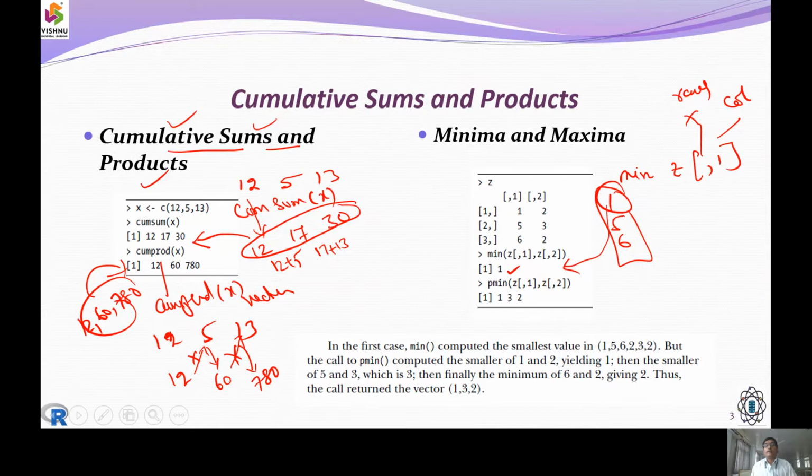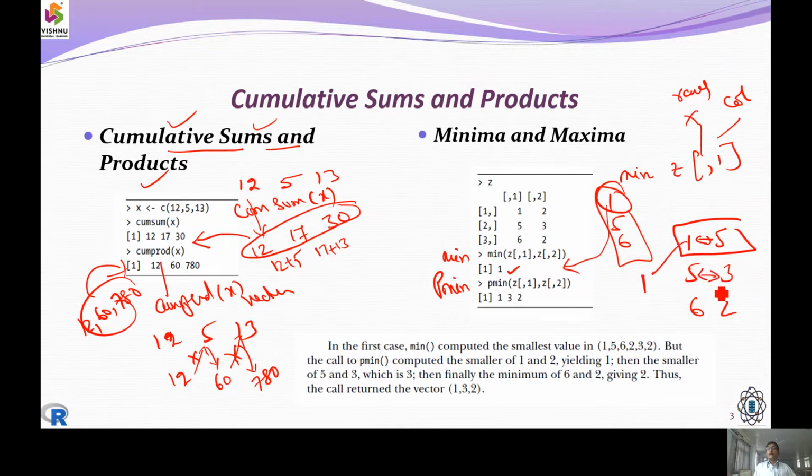Now, let us see what happens if we work with pmin. So, what is the matrix here? 1, 5, 5, 3, 6, 2. Then it makes a comparison operation. Which one is minimum? 1 is minimum.